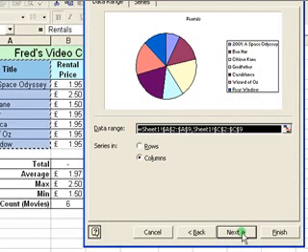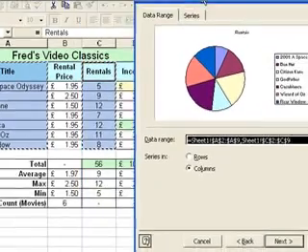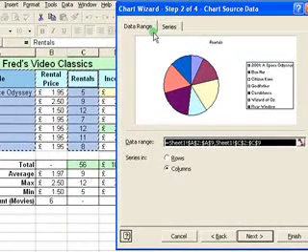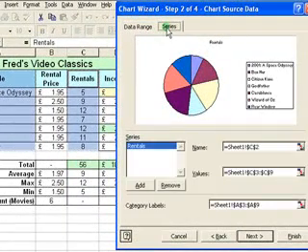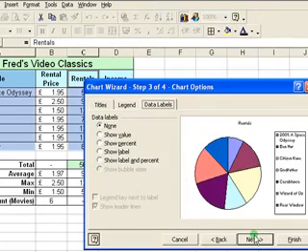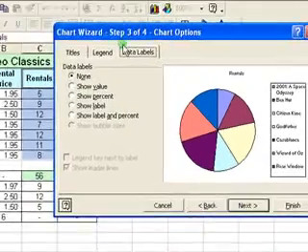Click on next, and here I can change where the chart data comes from. I don't need to change it, but it's just to let you know that if you want to, for whatever reason, you can actually reselect where the chart data comes from. I don't need to do that here, but Excel is just telling me where the data is coming from should I need to know. So just click on next, and that takes me through to step 3, and here